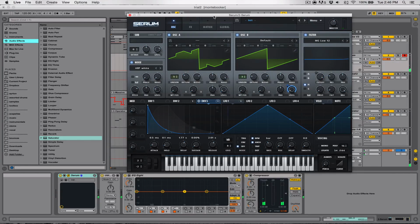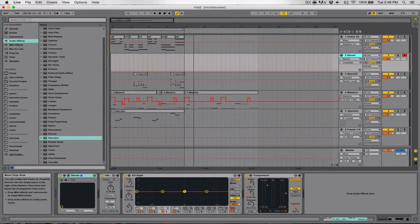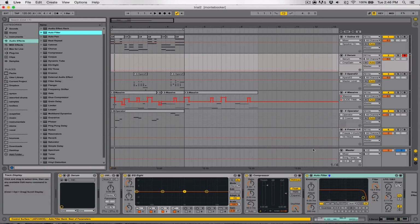So yeah, that's a melody that I came up with for a different song that I'm working on, and it's gonna be pretty cool. I kind of want to make a compilation of stuff, but it sounds good as chords as well, which is what we're gonna do. And like I said before, we're gonna have an auto filter on it. I didn't want to do this inside Serum because there's too much CPU usage, so hopefully